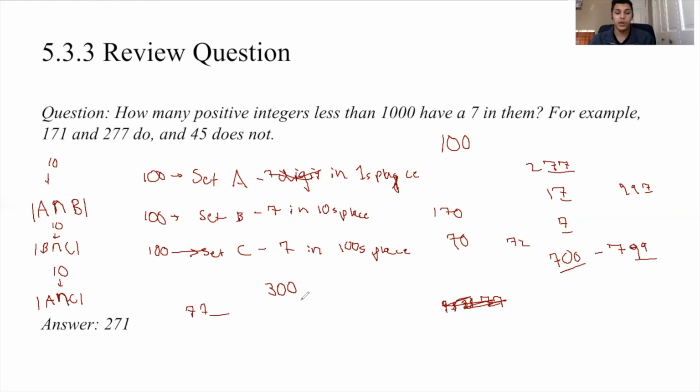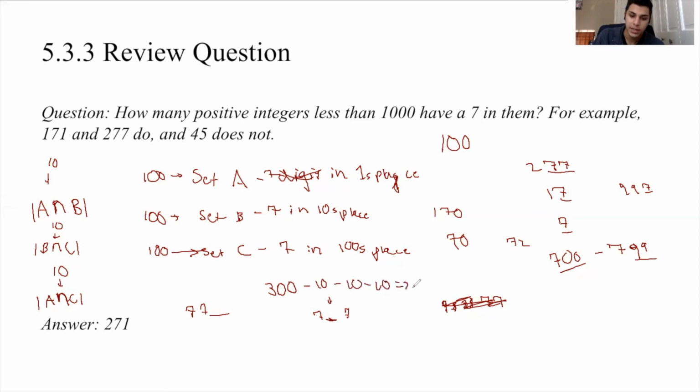But if you just want to prove it, it's going to be any number that starts with a 7 and ends with a 7. And there are 10 possible numbers, 0 through 9, that can go in the middle, right? So that means that there are 10 numbers in this set as well. And so from 300, we have to subtract the amount of numbers in all of those sets